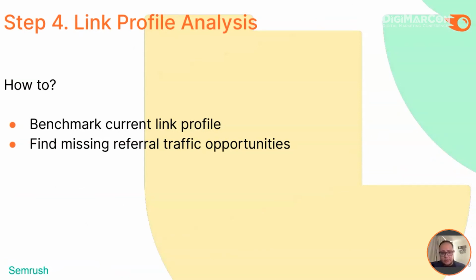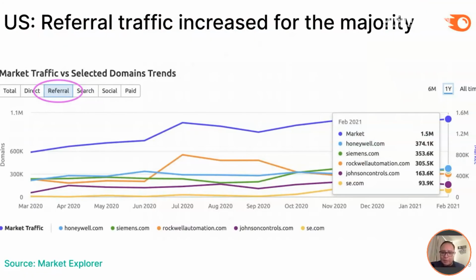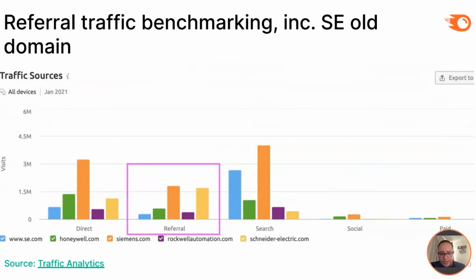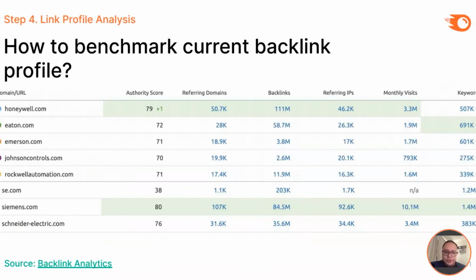And the last two topics that I like to share here, which are really important for the benchmarking process, is the link profile analysis. Comparing your own profile, how much referral traffic, what is the percent of the referral traffic that you're receiving versus your competitors, and of course, what is the trend on this traffic between all your competitors. Are they doing good in referral traffic, or are they not? And to see, of course, what is the profile of the backlinks for all your competitors.